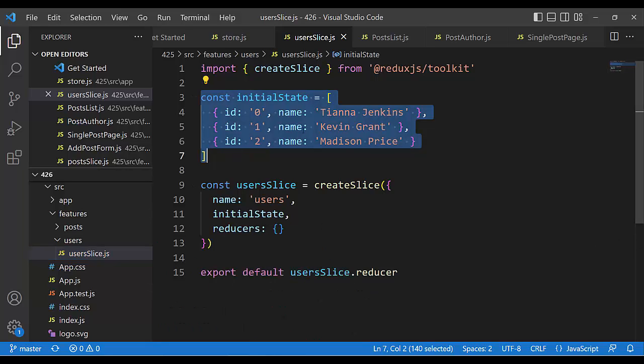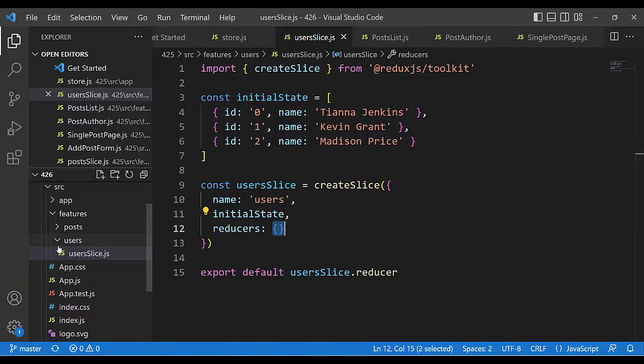There is the initial value, and the constant usersSlice, there is only the name users. It is the name of reducers. There is initial state, and reducers is an empty object. We have not as for post